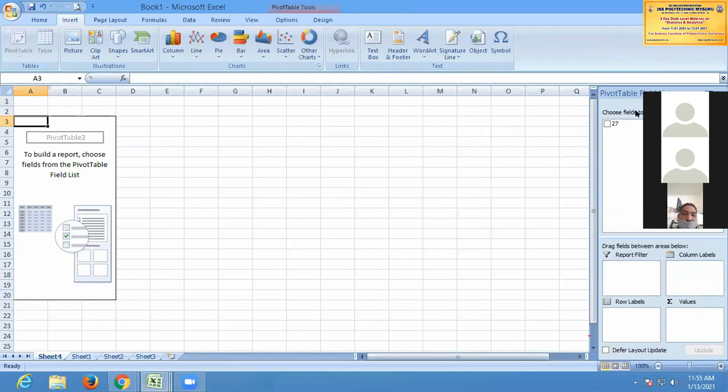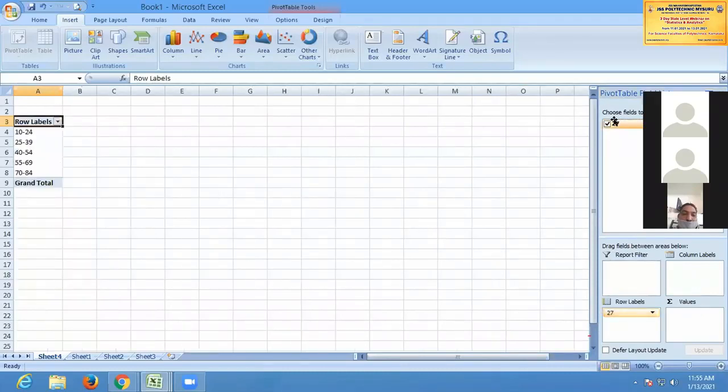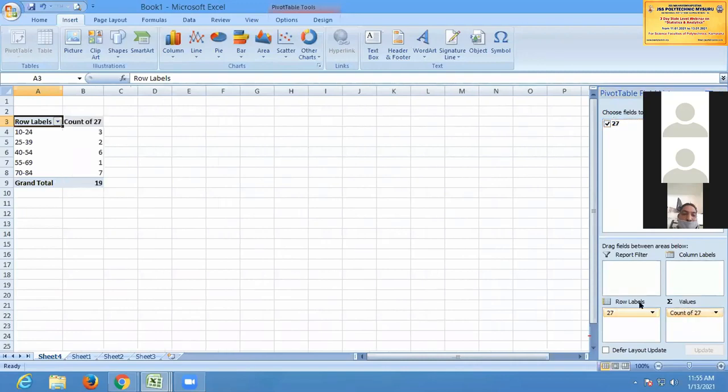Here you will have the option called choose fields to add to report. This is the column which you want to arrange row wise. So select this and drag it into the row labels. And if you want the sum of it, drag it to the values. If you don't want it row wise, if you want it column wise, then you can drag it and place it in the columns.